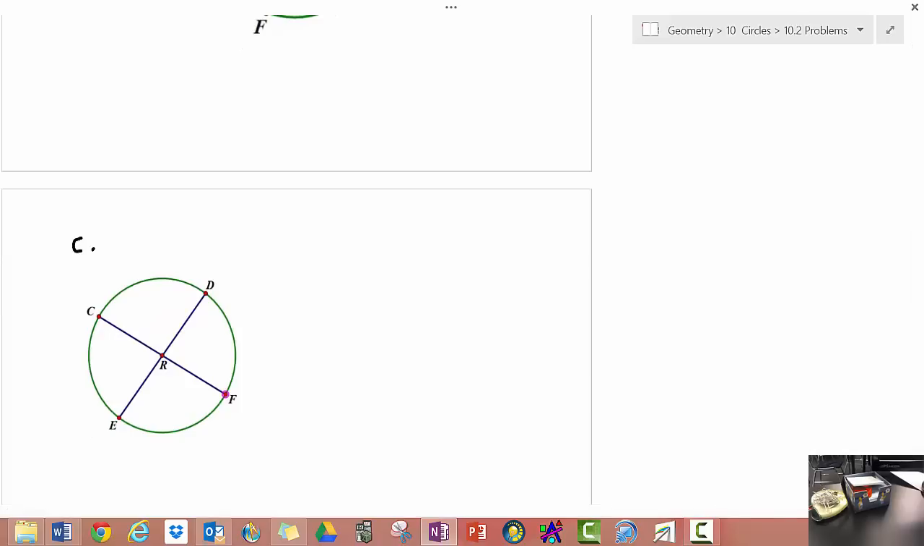C, again, you are checking to see if arc CD is congruent to arc EF. So that is,